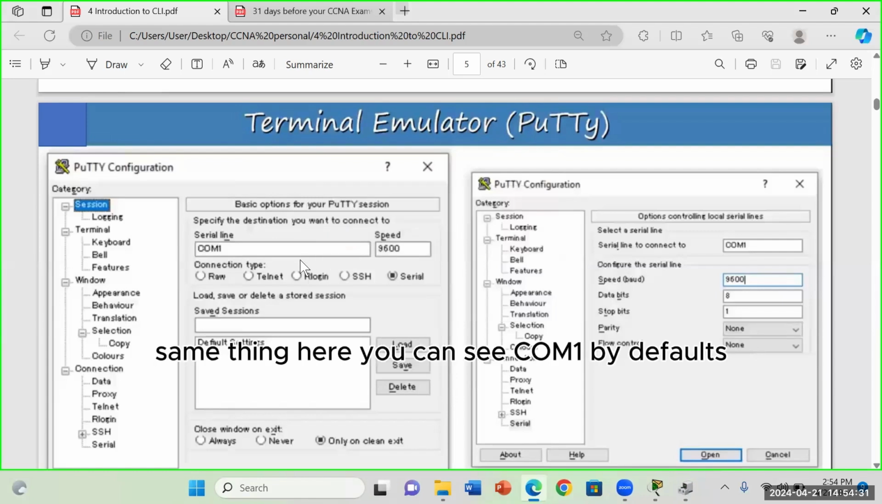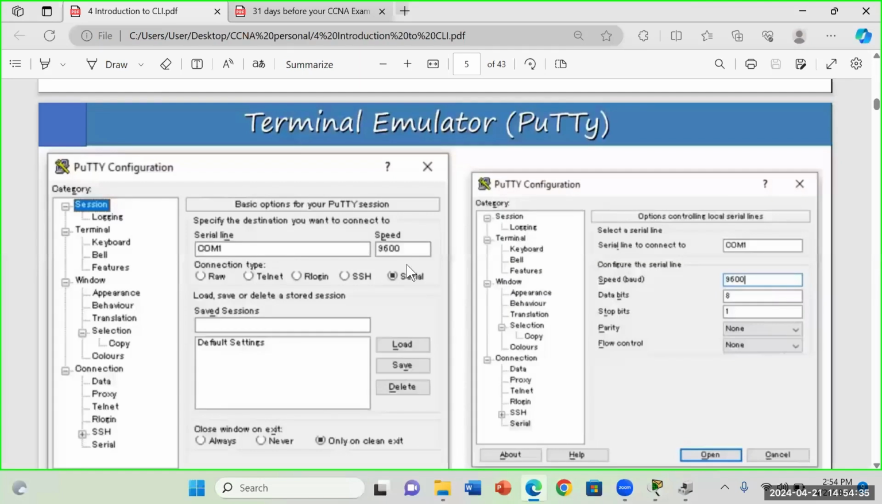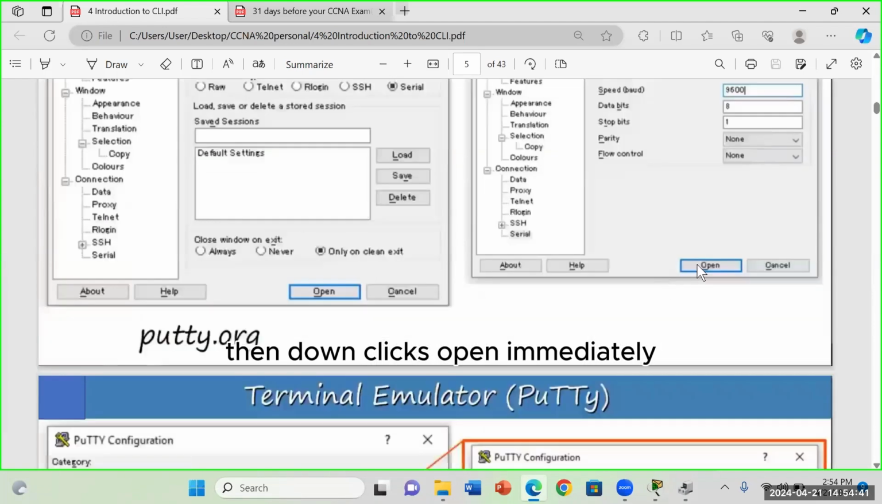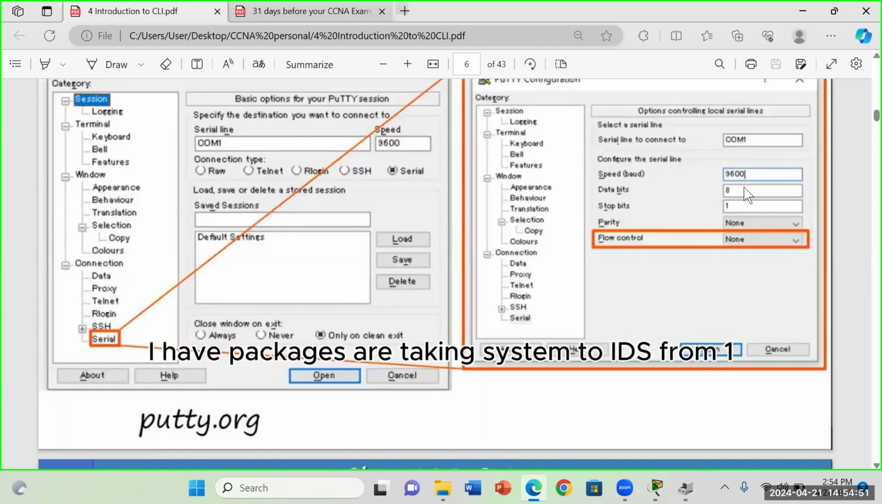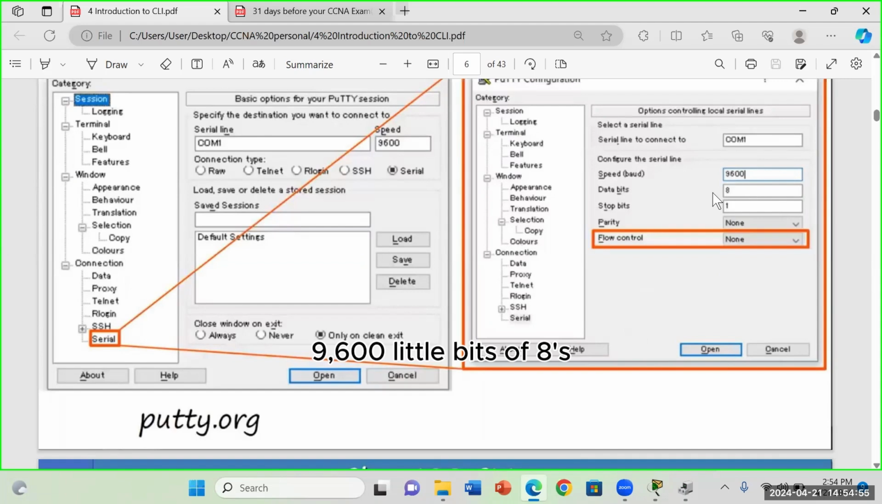Same thing here. You can see COM1 by default, according to the material. Click on Serial, then down, click Open. Immediately, your emulating app will just open. Same thing we have with our Packet Tracer, although you don't have to put COM ports. On your Packet Tracer, I think you've seen something like this: COM1, 9600, data bits of 8, stop bits